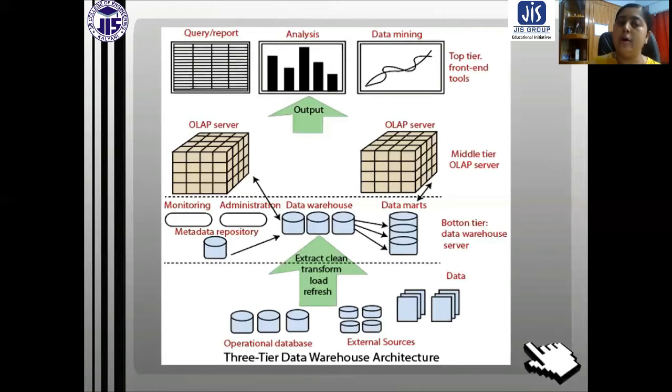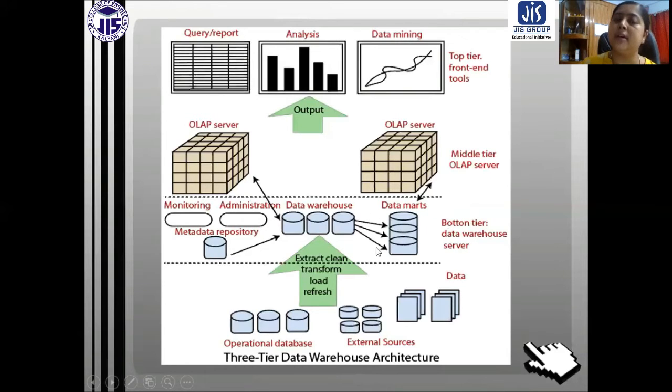Now from the data warehouse server, the data goes to the OLAP server. OLAP means online analytical processing, so this is the server for those tools. Basically we are going to apply some analytics on this data.